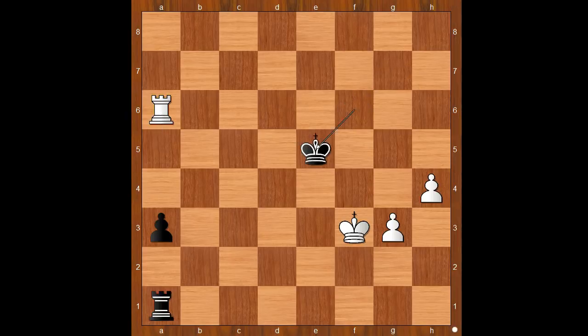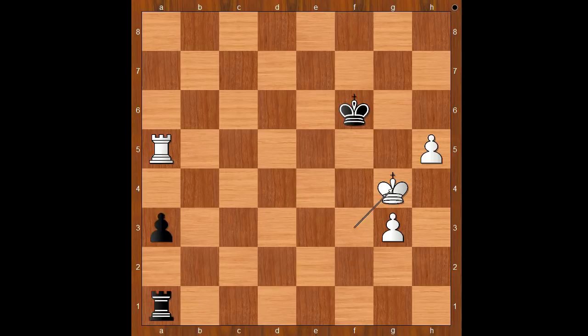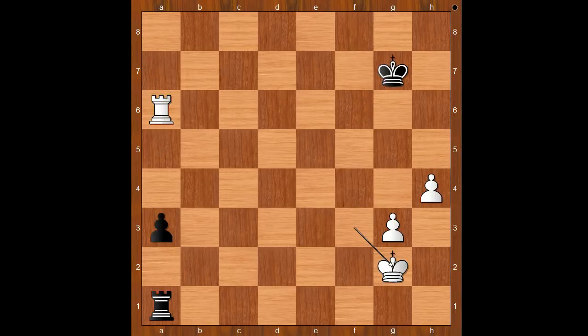If king goes to e5, then h5, and after king to f5, check, and after king to f6, king to g4, and if a2, rook to a7, and white is winning. Back to our game. King to g7, king to g2, rook to a2 check, king to h3, rook to a1,